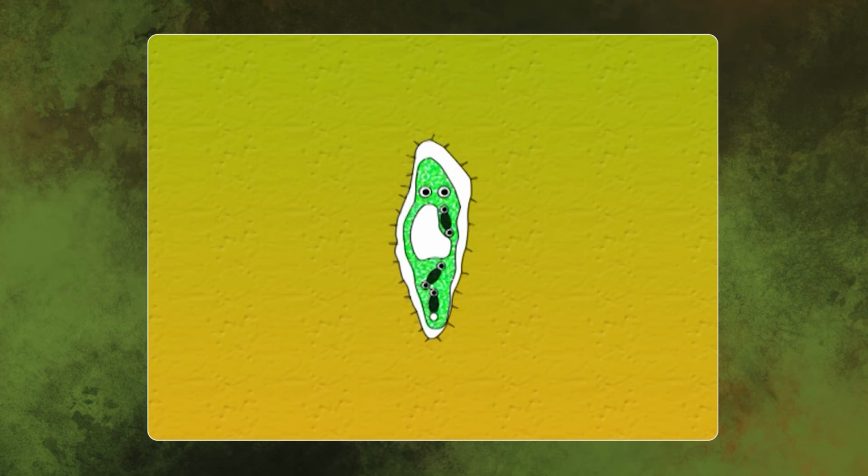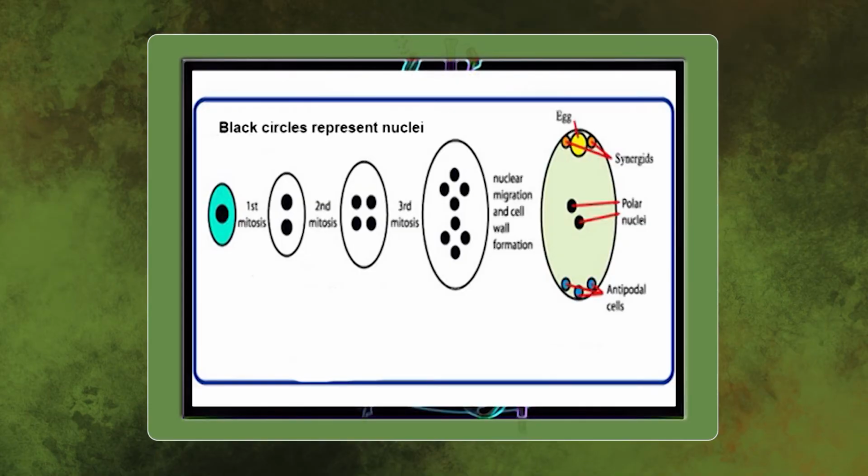A large central vacuole appears between the 2 daughter nuclei, and as it expands, the nuclei are pushed towards the opposite poles of the cell. Both the nuclei divide twice, forming 4 nuclei at each pole. At this stage, all the 8 nuclei are present in the common cytoplasm. After the last nuclear division, the cell elongates and is followed by cellular organization of the embryosac.